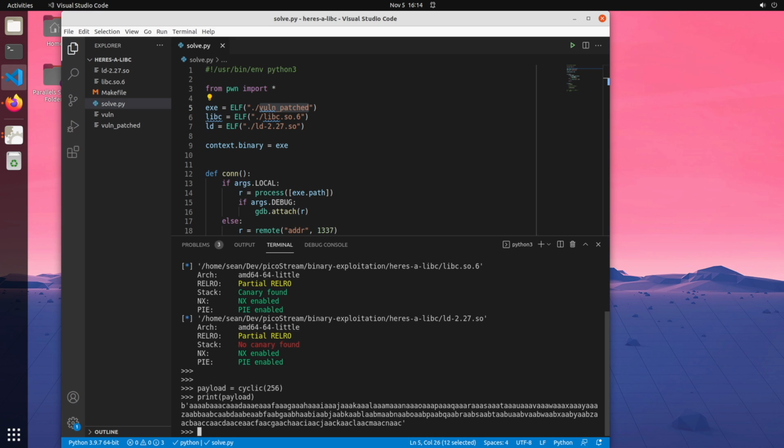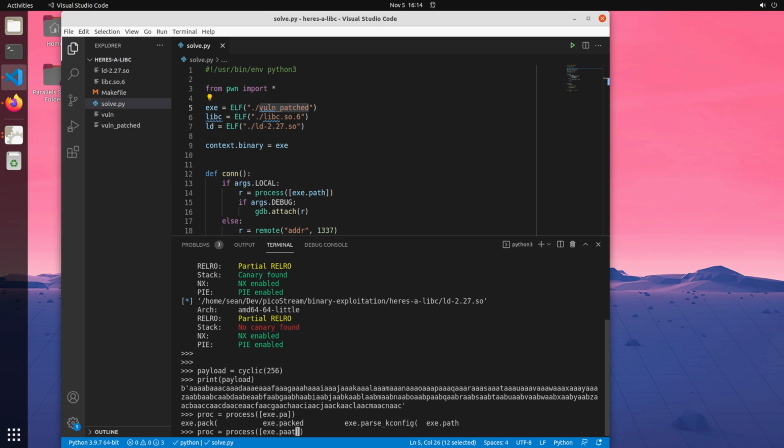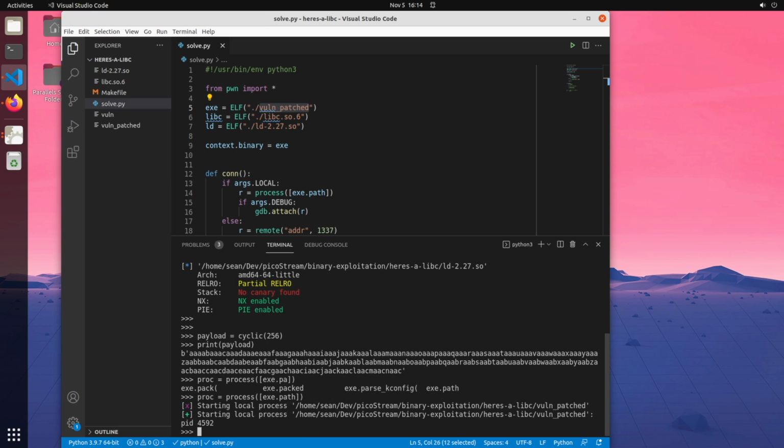Okay, and so now let's go ahead and run the process. So we'll do a process, and then we'll give it the path to the executable. So we can say exe.path. Okay, so we've started the program. And now we're going to send our cyclic pattern to the program. So we can say something like proc dot,